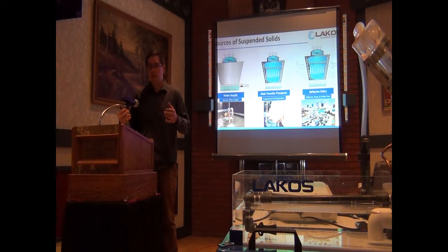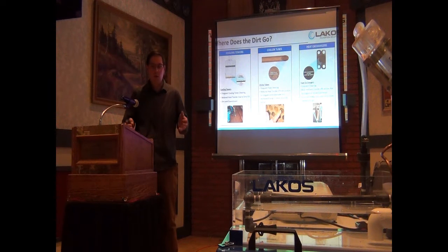So as your water enters the cooling tower, either through the cycles of concentration through your cooling tower or through chemical induction, a lot of those chemicals will get turned from a suspended solid into cooling tower debris down at the bottom of your basin. So it'll come out of solution and into suspension. Through your evaporation as well as your makeup water, you will get additional material that comes into your cooling tower and into your systems. So once that dirt, debris, and typically your calcium carbonate from the hard water gets into